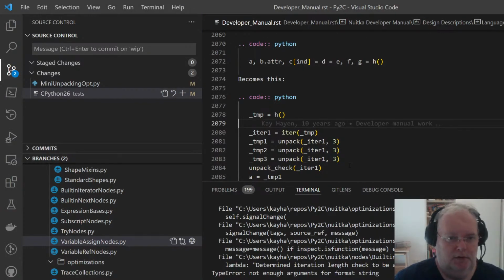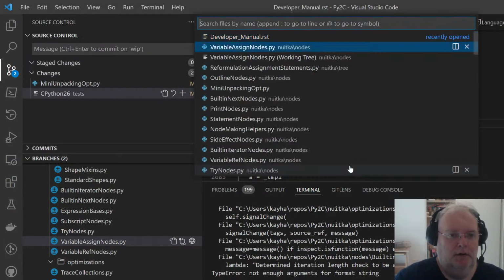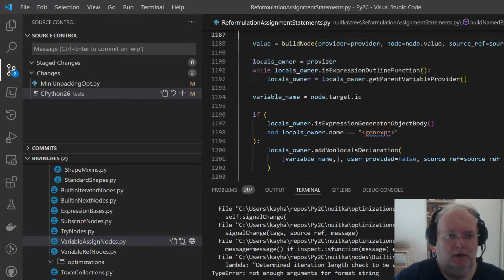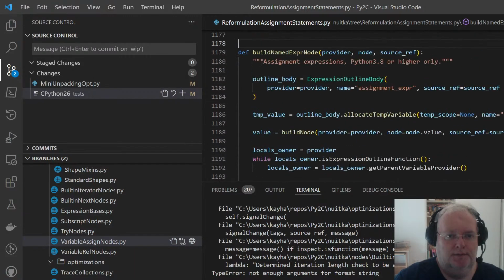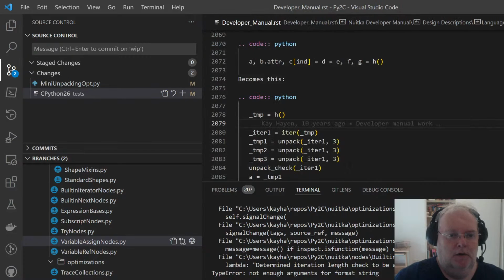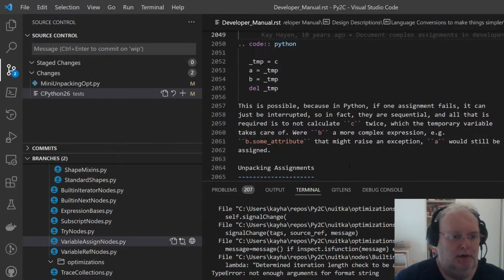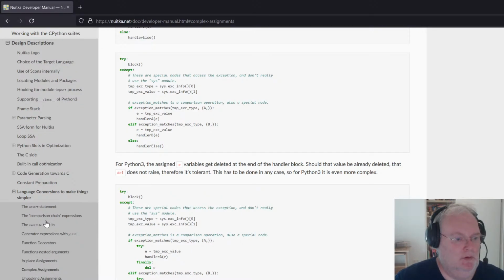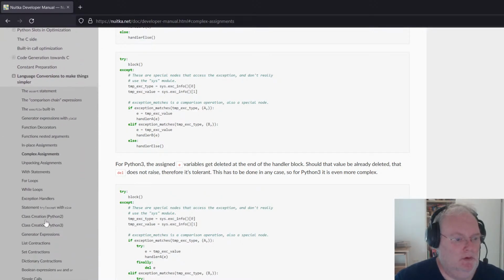Maybe they should be there. So, what's it called? The assignment expression, huh? So, unpacking assignments. I think, where do we put it? Print statements, match statements.